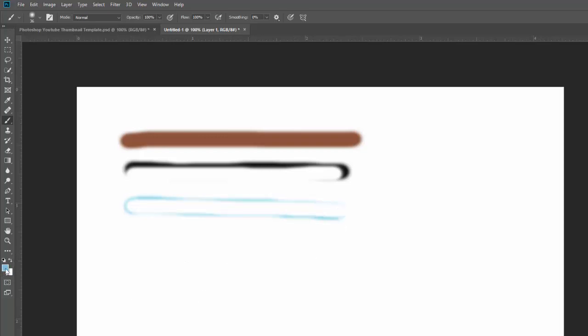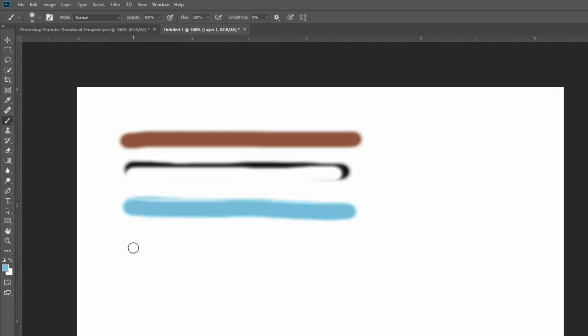Hit the X key again, now I'm teal again, and I can paint again with teal. So you can do kind of back and forth. You can work back into your drawings using different colors like that. Another trick that I'll show you before we get too far along is if you hit the Shift key, it